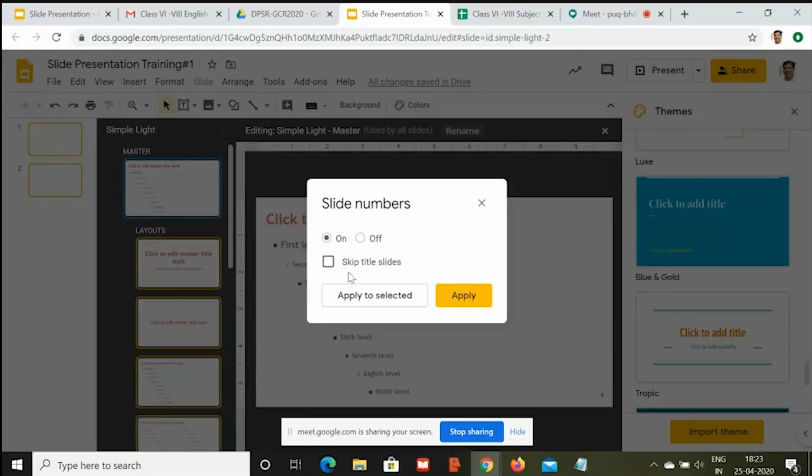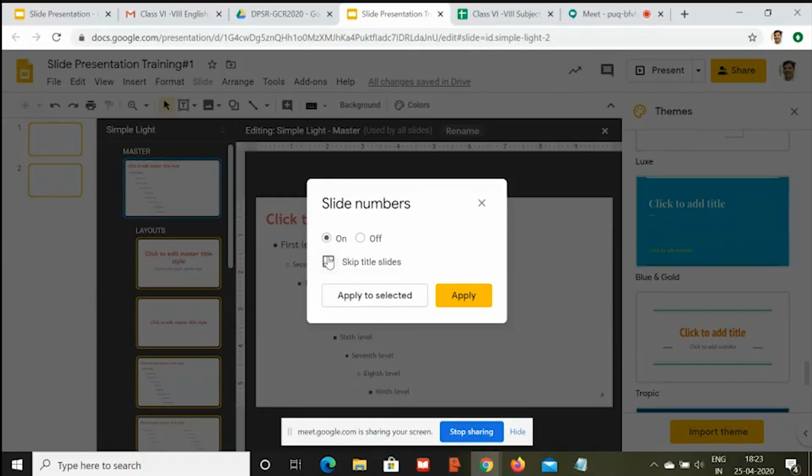When I click on slide numbers, as soon as I click on it, it will immediately switch it on. So it should be on if you want all the slide numbers to appear automatically, right? If you keep it off, slide numbers will not be visible. In that case, manually you have to put the slide number, right? So if you want the automated slide numbers, you have to keep this on.